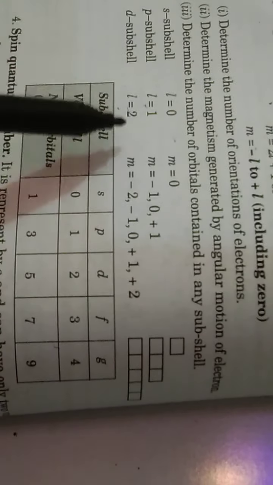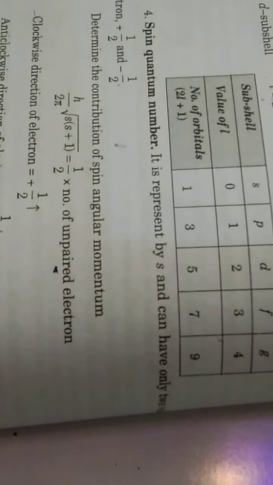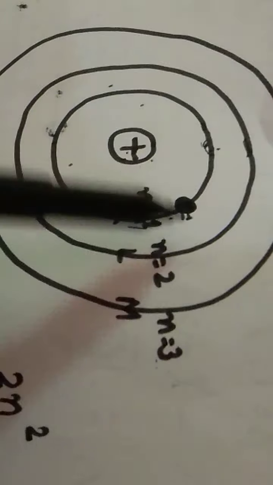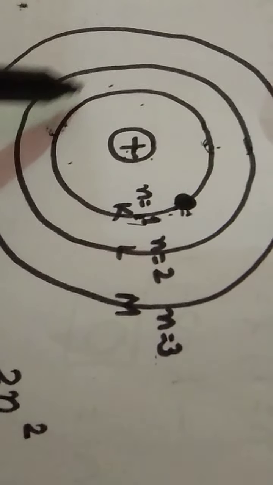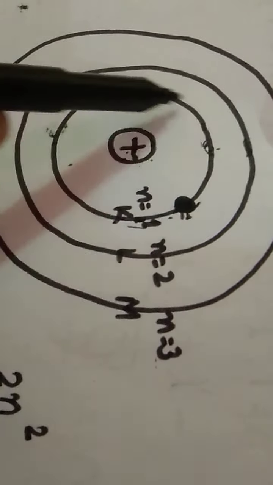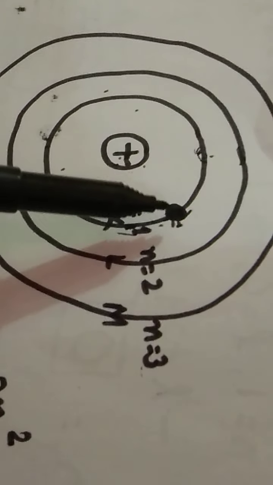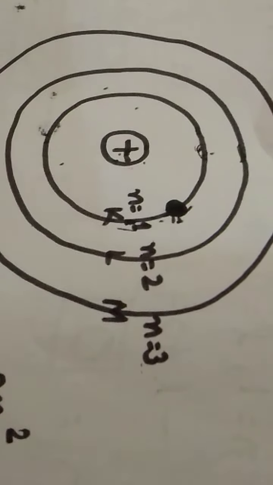Now the last quantum number is spin quantum number. Spin quantum number will tell the spin of the electron. So children, there are two possibilities for the electron to revolve around the nucleus. Either the electron will move in clockwise direction or in anti-clockwise direction. The direction in which the electron is moving will tell you about the spin quantum number, children. Spin quantum number is represented by small s, and small s will tell you the spin of the electron.